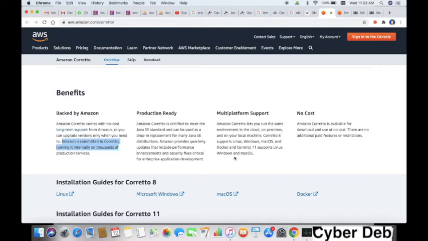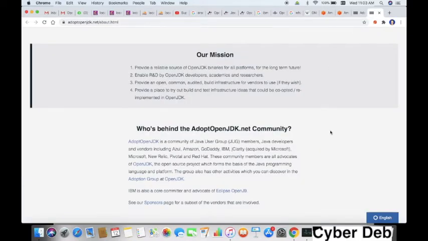So that is regarding AWS Corretto and Adopt OpenJDK, which has a huge list of supporters, backed by Azure, Amazon, GoDaddy, IBM, jQuery, which is acquired by Microsoft. It also has support from Red Hat, New Relic, Pivotal. All these big names are associated with Adopt OpenJDK.